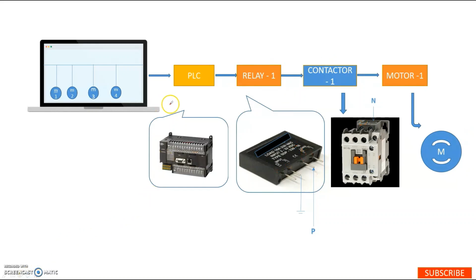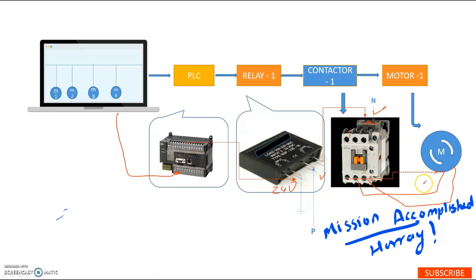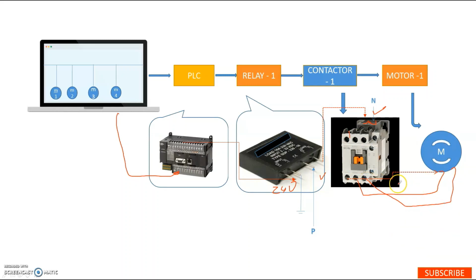Let us see how the connection diagram will happen. This will give the command to the PLC, the PLC will give the command to the relay, and once a 24 volt DC voltage is here, this phase through this particular terminal will get connected to the contactor's coil. Here the coil will get energized and the plunger will close, and automatically the 3 phases which are here will be given to the motor, and the motor will definitely start rotating. So this is how the interfacing happens.